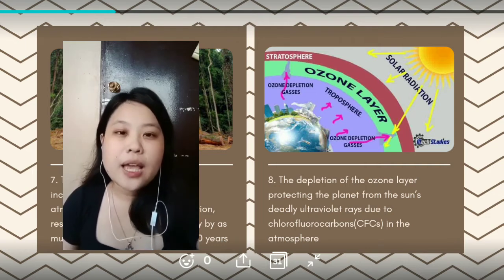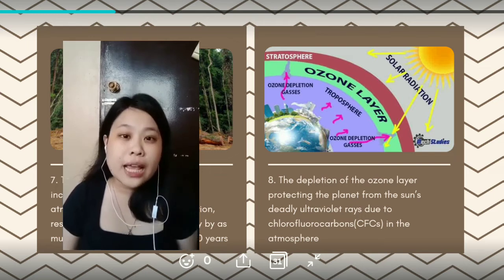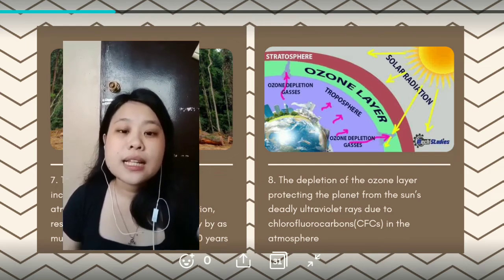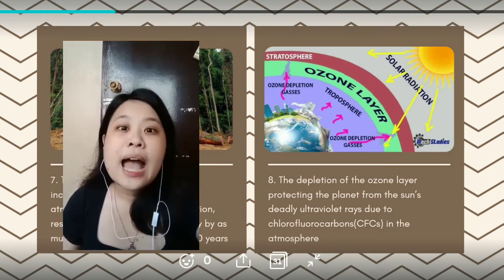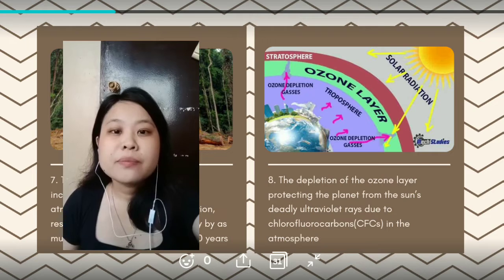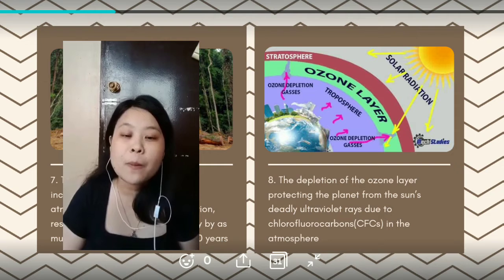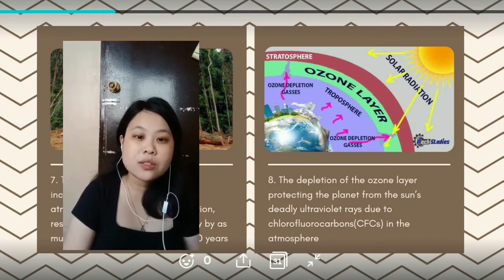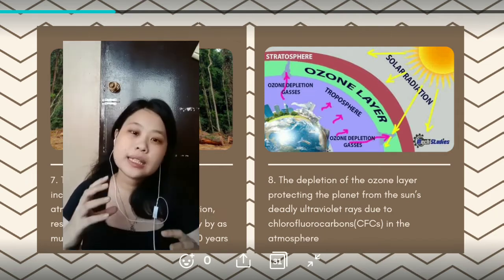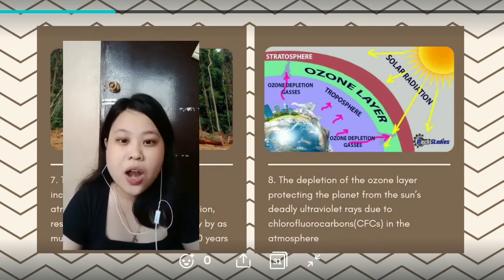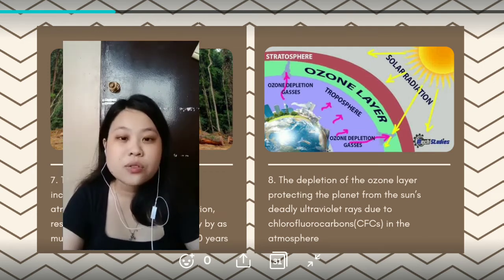So next one we have here, so this is the eighth problem we have here, the depletion of the ozone layer protecting the planet from the sun's deadly ultraviolet rays due to the chlorofluorocarbons or CFCs in the atmosphere. So in this one, when we say depletion of the ozone layer, mao ni siya ang pagnipis sa ozone layer nga nagaprotekta sa ato from the ultraviolet rays or the UV rays, no? And what will happen if the ozone layer will get thinner and thinner? So mahitabo ana is the people will get exposed too much na sa UV rays or ultraviolet rays, which is